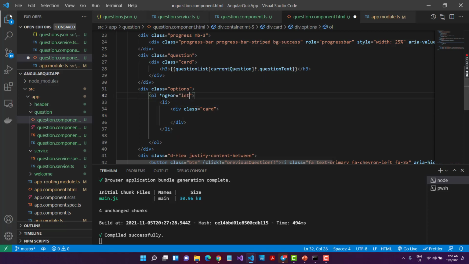Okay, so I'll say options, let option of question list, and inside the question list I will first check for which question number you want. So whatever the user has as the current question, the property which I have created, this current question, I'll use it here. So I'll say current questions, and inside that I have the options. So I'll say dot options